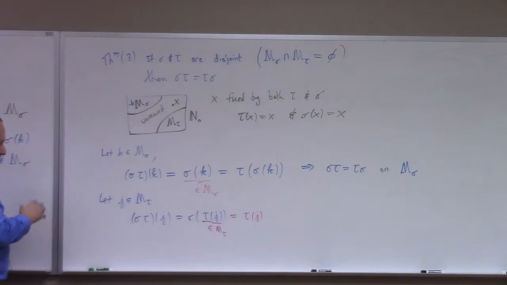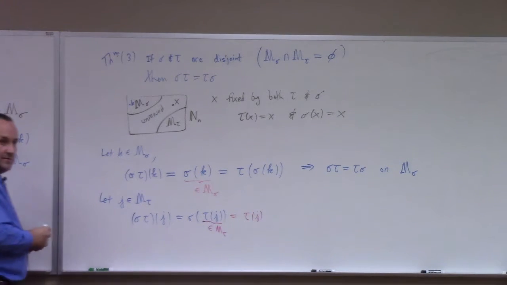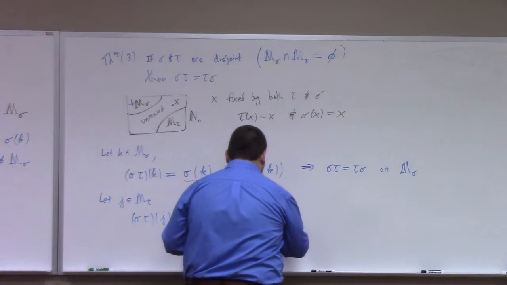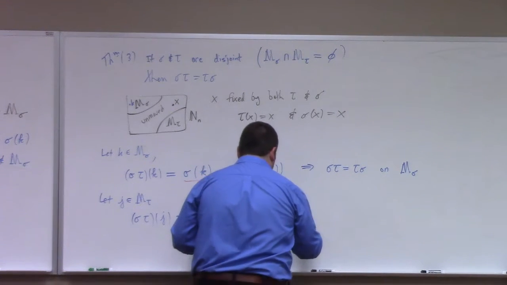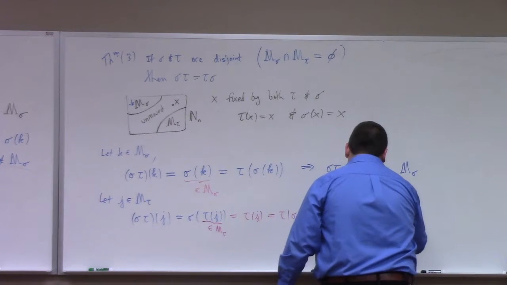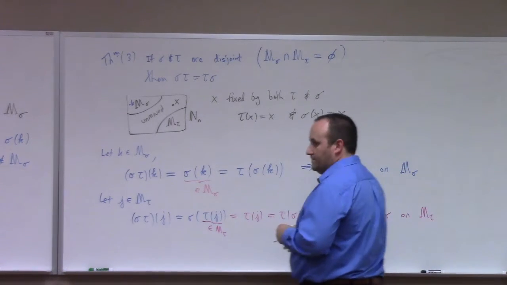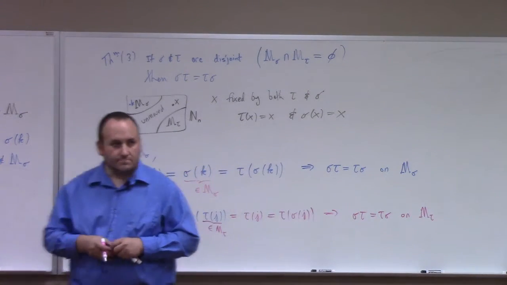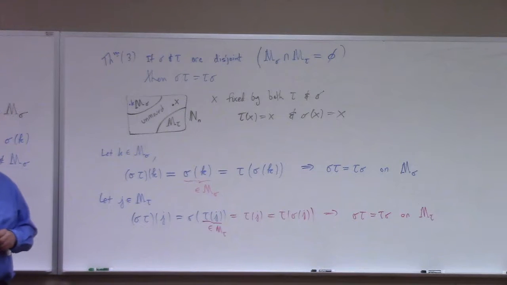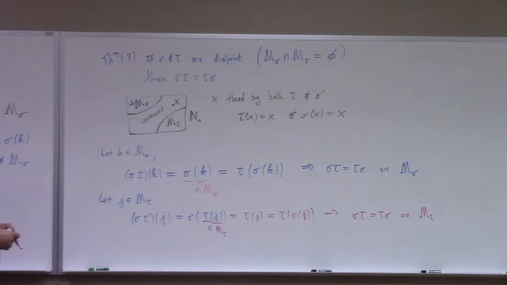But J, what's J? J is an element of M sub tau, right? So J is fixed by sigma as well. So I can say that's tau of sigma of J. So there you go. That says sigma tau is equal to tau sigma on the set moved by tau. And I proved the middle case in class, right? If it's fixed by both, then you can prove equality. So that's all three cases, and that shows you that disjoint